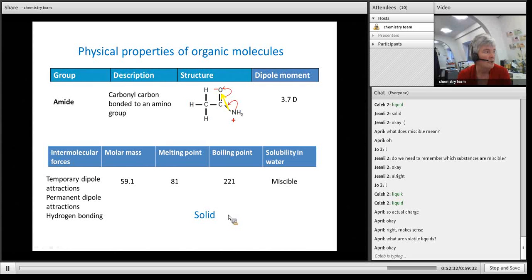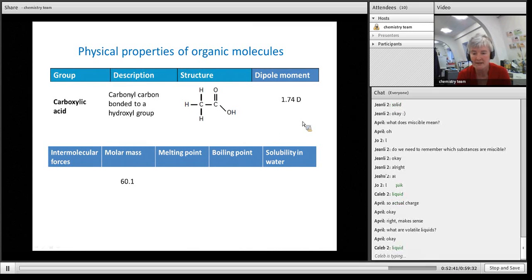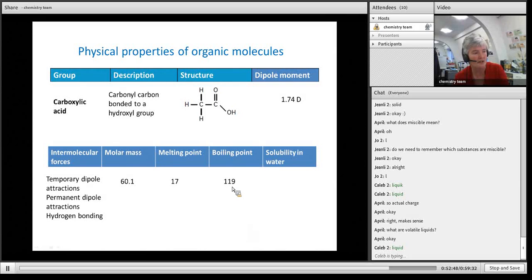Okay, right, carboxylic acids. Is this a liquid or a solid or gas? There's a dipole moment. Liquid, okay, and you know that from vinegar. There's the boiling point, so it is a liquid,